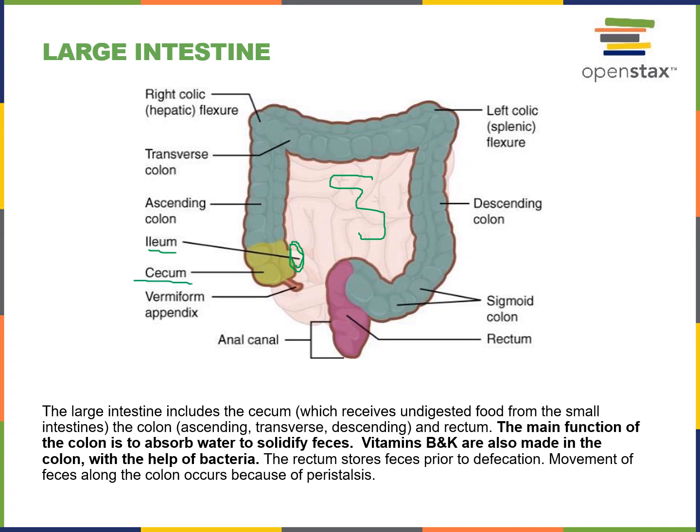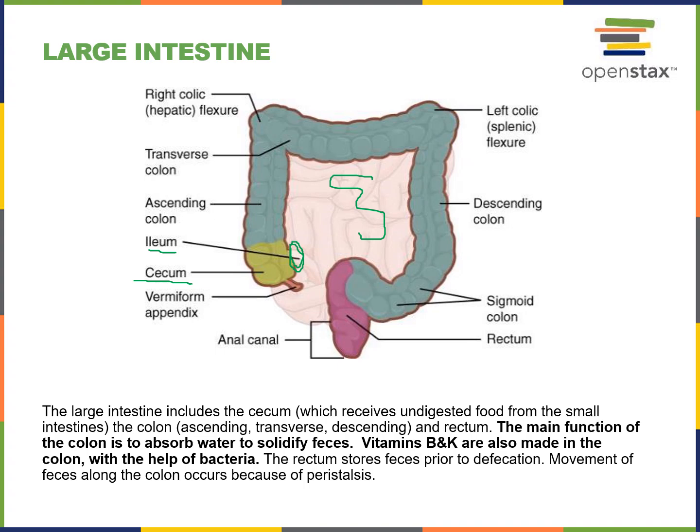So you need to know the sequence again in which the undigested food, because that is all that should be entering the large intestine, is food that has not been digested. For example, the fiber in vegetables, the cellulose, is plant material. And we don't have an enzyme to digest cellulose. Cows do. Animals that can eat grass do. But we don't. But fiber is important because it helps with the movement of the food through the